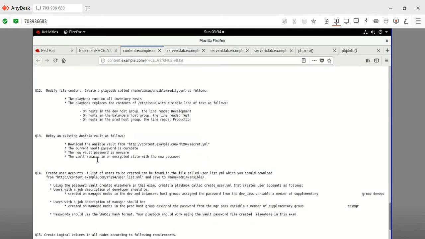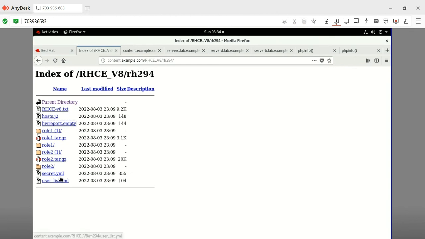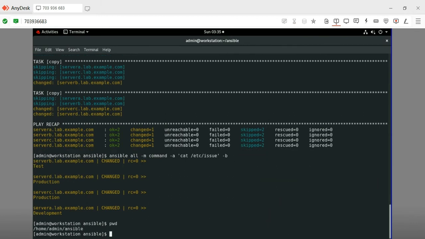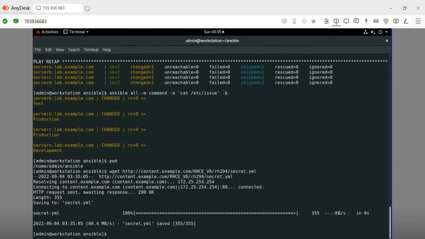Question 12. We just need to apply the key for this particular YML file, secret.yml. So we need to download it as mentioned in the question. So secret.yml, copy, wget. Now